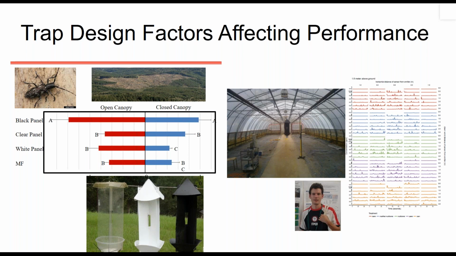So one of the things that Jeremy's looked at is trap design factors affecting the performance of those traps. On the left, these are some results from an experiment that was done up here in Northern Ontario, looking at canopy closure, so open versus closed canopy, just work done in a cut block, and then looking at different types of panel traps. So this is the design on the bottom, looking at when do you catch more